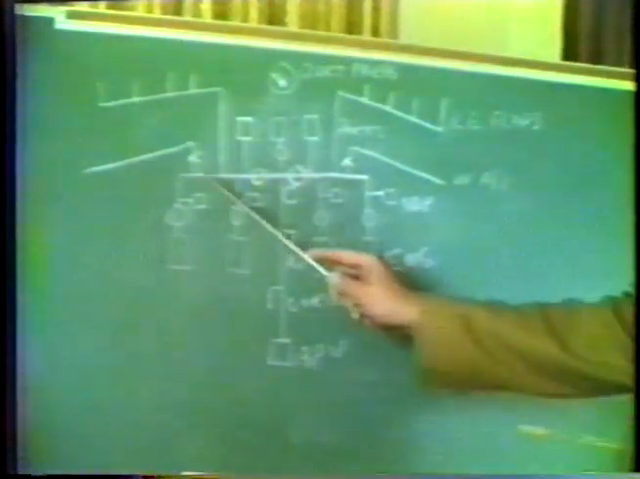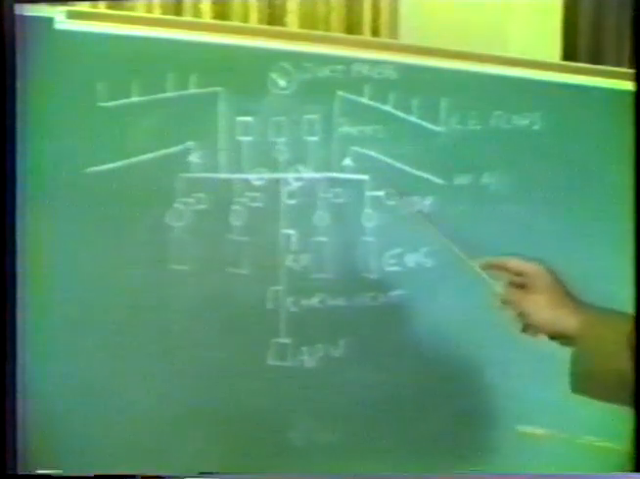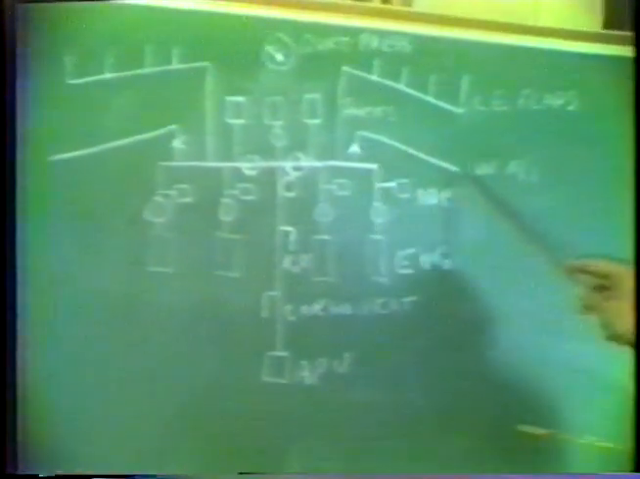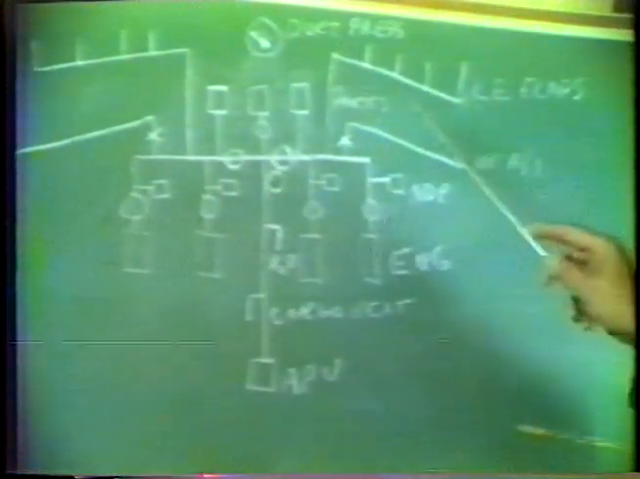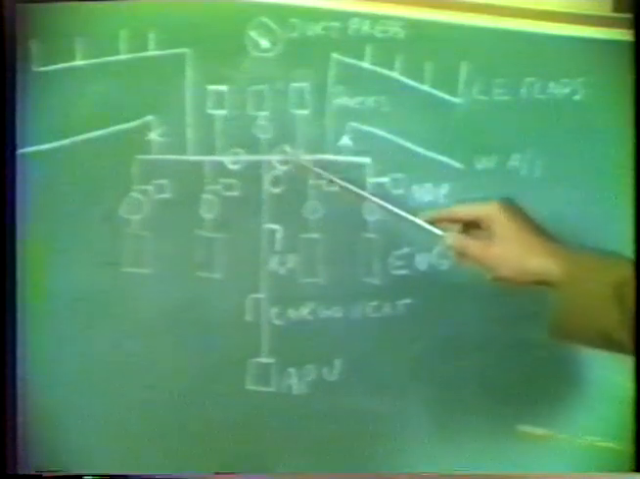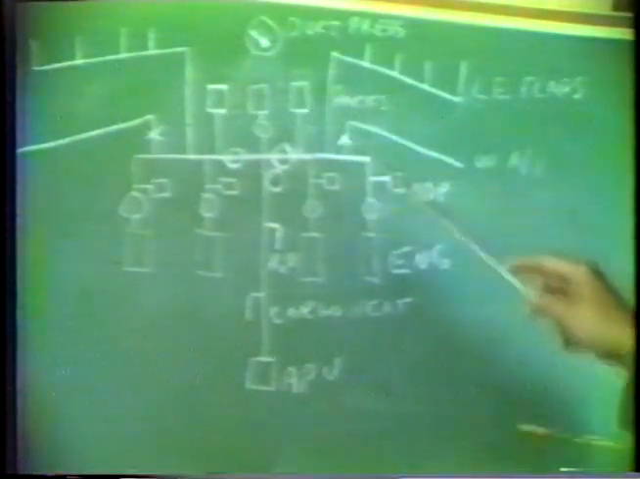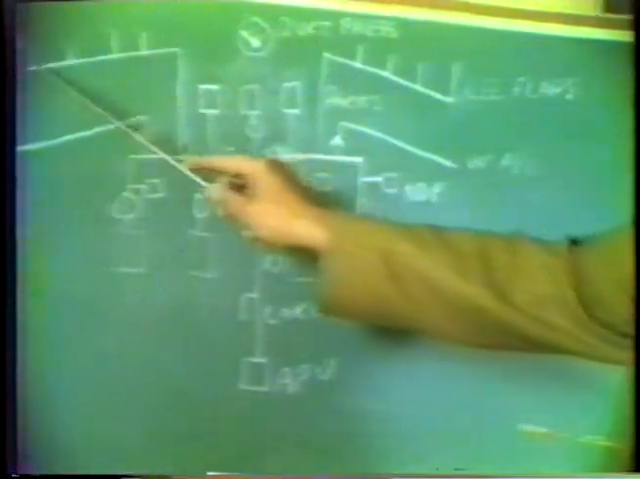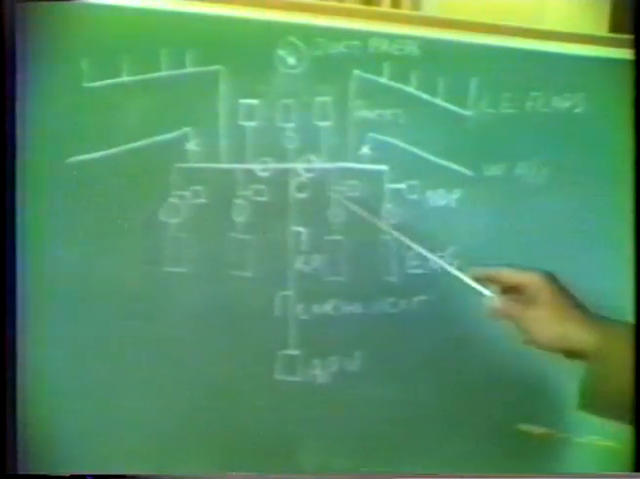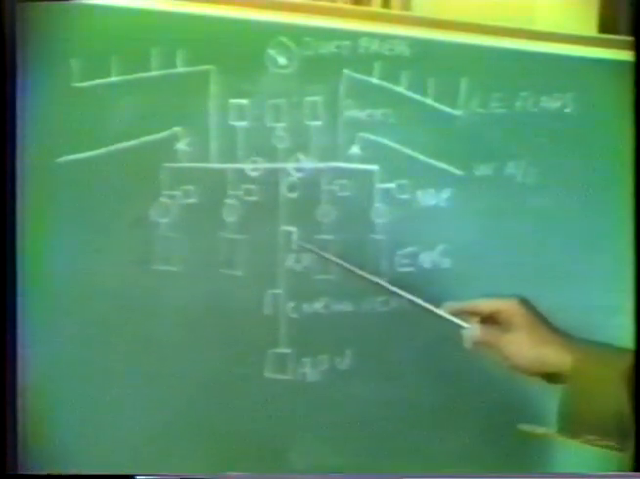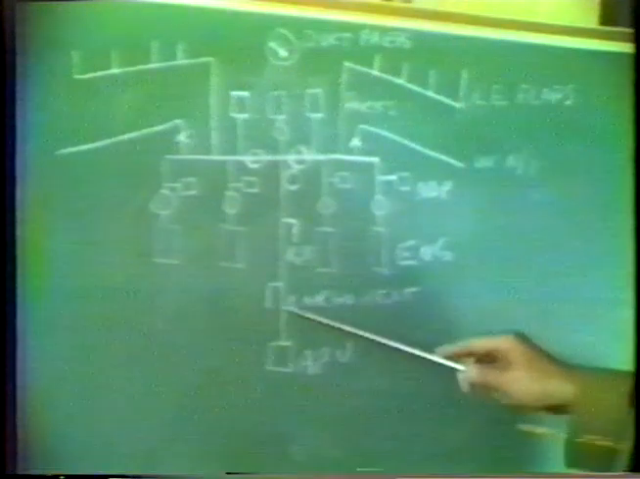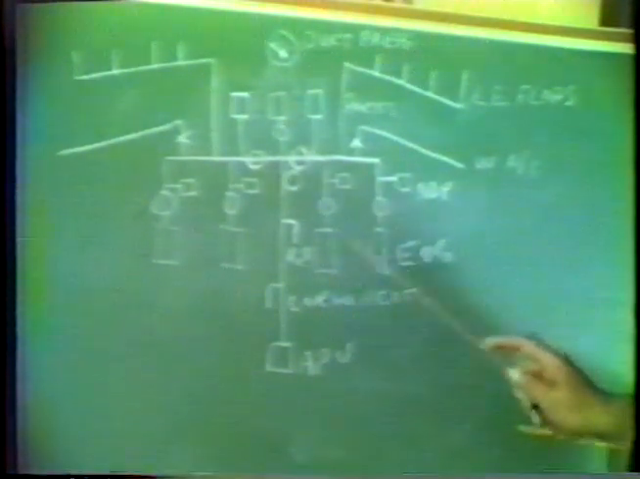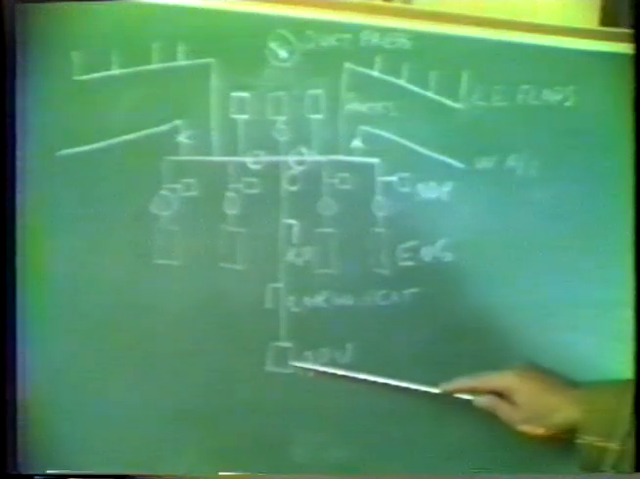The items that are fed off this pneumatic duct are essentially the wing anti-ice on the left and right side, the 3 air conditioning packs, the wing leading edge flaps, the pressurization of the water, drinking water system, the aft cargo heat, and the